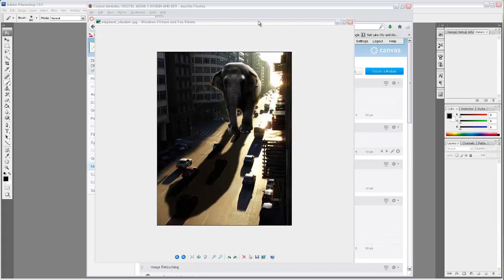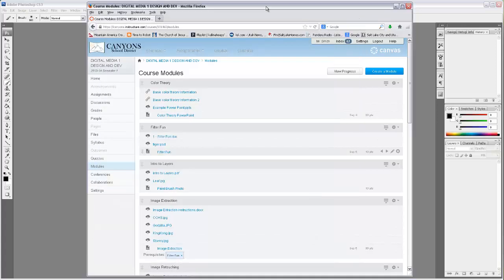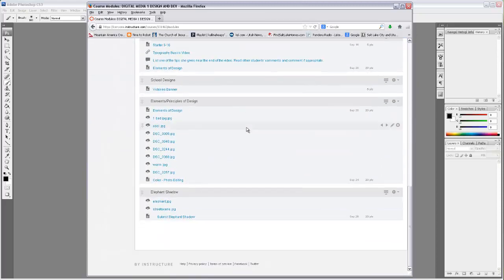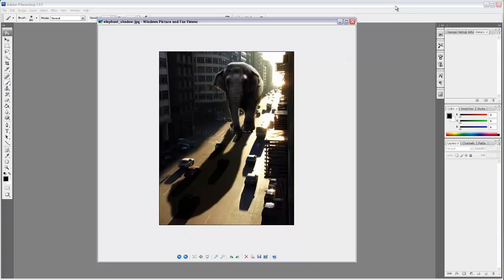So what we are going to do first is go to the modules in Canvas. So go into Canvas, go to your digital media class. Down at the very bottom of the modules is the elephant shadow assignment. Now we have two things to download, the elephant picture and the street scene picture. So they're two separate ones. We're going to put them together, give the elephant some shading and shadows. So first, download elephant. Actually download both of them at the same time, or one right after the other, so we have them both. Save them to your files, and when you get them saved to your files, we'll just